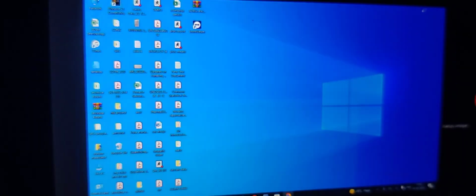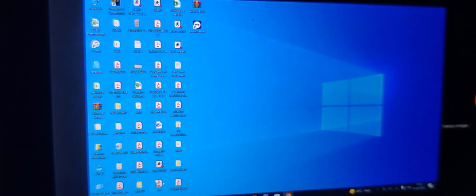Now, say for example, on my desktop, I have a SAS folder. In the SAS folder,